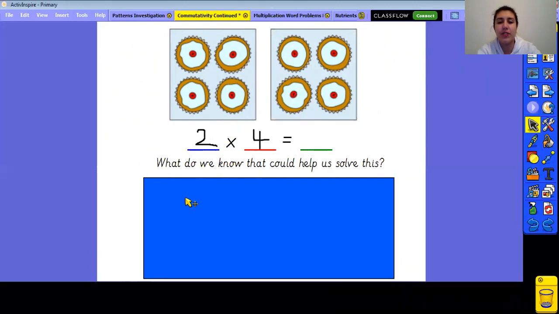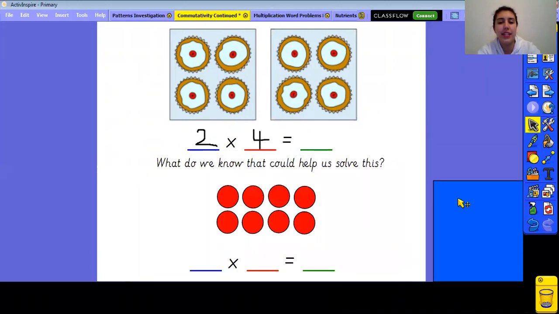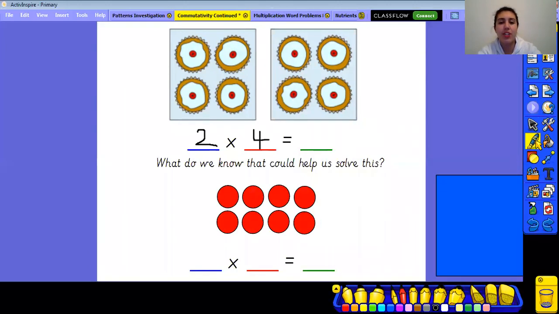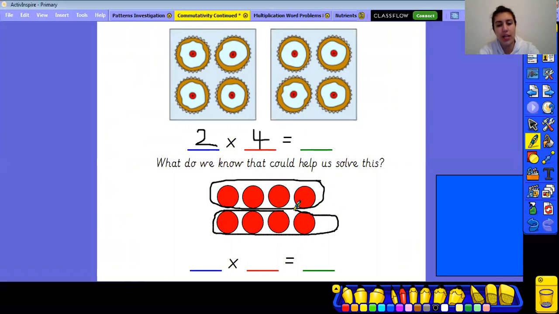Let's have a look. Did you say this? Did you say that we know multiplication is commutative? Lovely. So let's have a look at that in an array. 2 groups of 4. Well, I've got 1 group of 4 here, 2 groups of 4 here. So I've got 2 groups of 4, which is what we're seeing there. But remember,